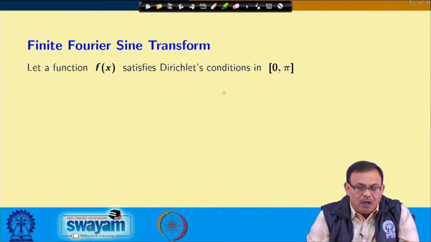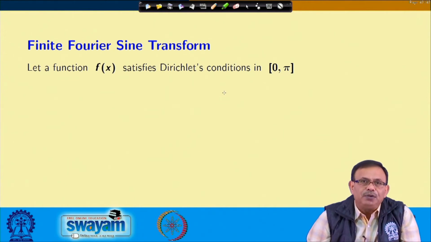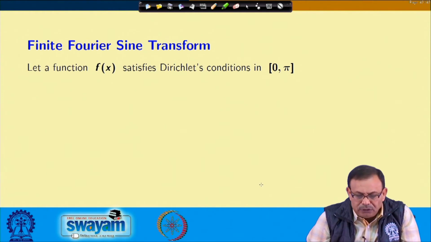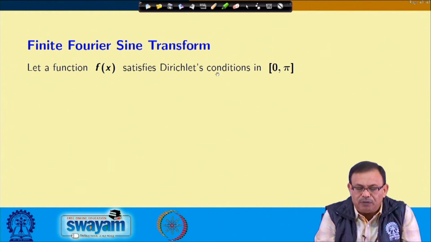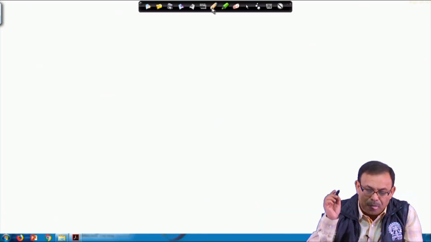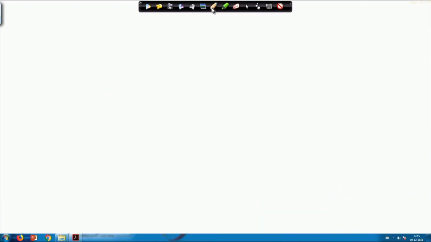Now let us come to the finite Fourier sine transform. Let a function f x satisfy Dirichlet's condition in 0 to pi. Please note this: function f x satisfies Dirichlet's condition in 0 to pi. When we did the Fourier series, we defined this Dirichlet's condition, so I am not stating it here. Then the finite sine transform